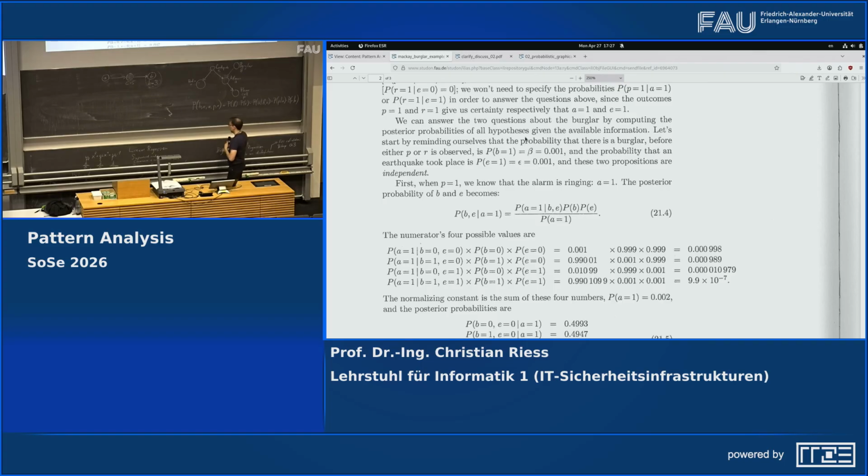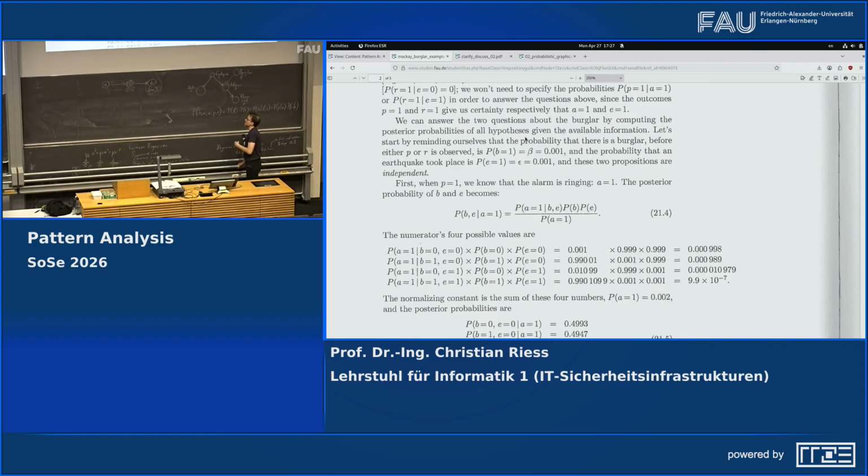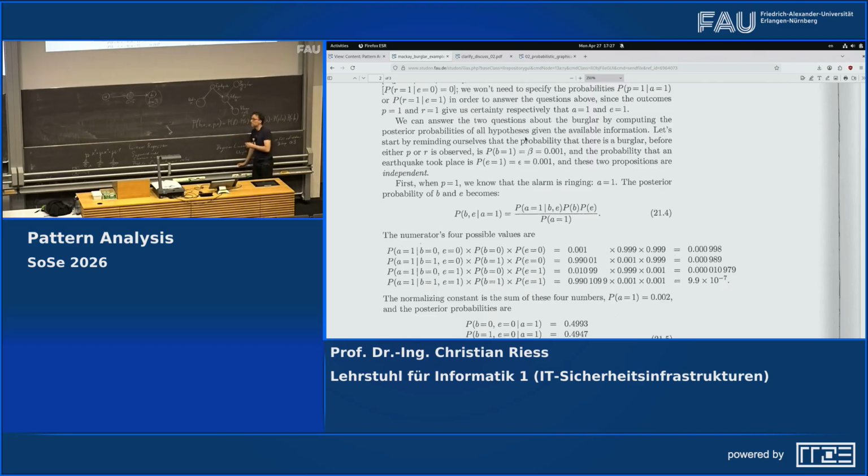The values that we calculated so far were: if we know about an earthquake or if we know about a burglar, we have some probability that this alarm will go off. Now let's try to think in the other direction. If an alarm went off, what is the probability that it was actually the